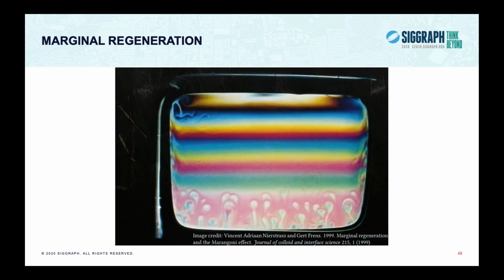If one wants to simulate soap film with boundaries, another interesting phenomenon deserves particular attention. At film boundaries, a complicated mechanism called marginal regeneration causes the film to become even thinner at the boundaries, producing regions that flow upwards